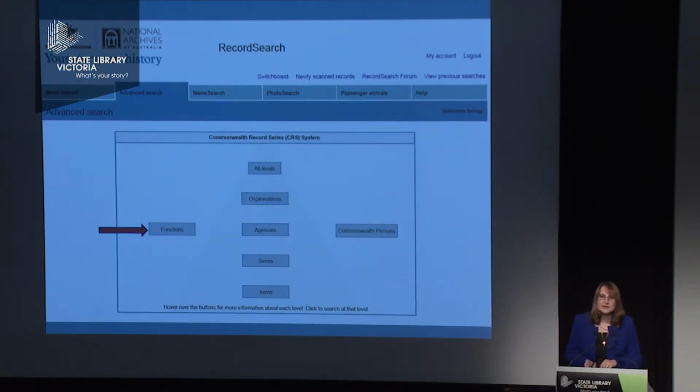And to do that, you would need to do an advanced search, and to do an advanced search, you would first come to this page. The various levels you can use to search those, we've already...